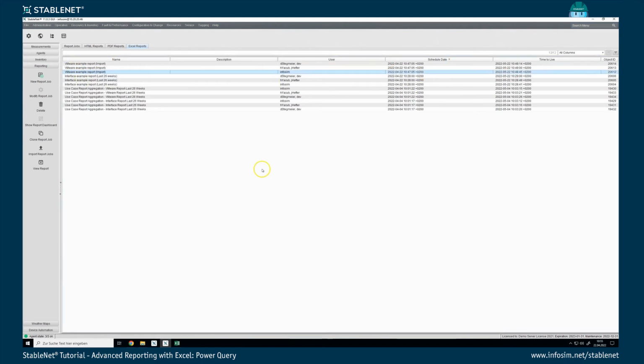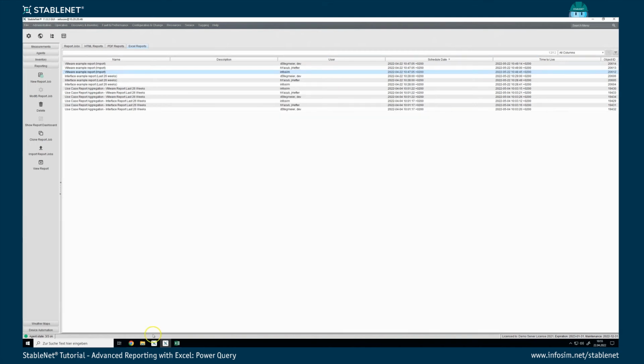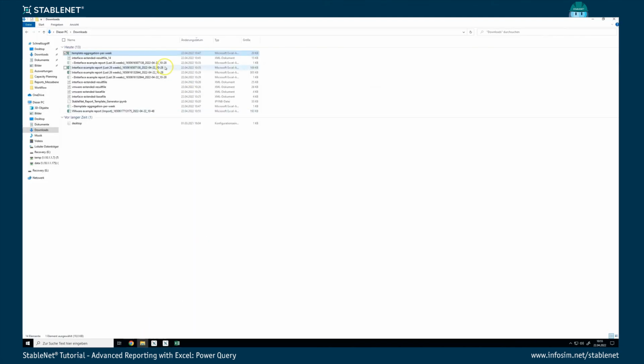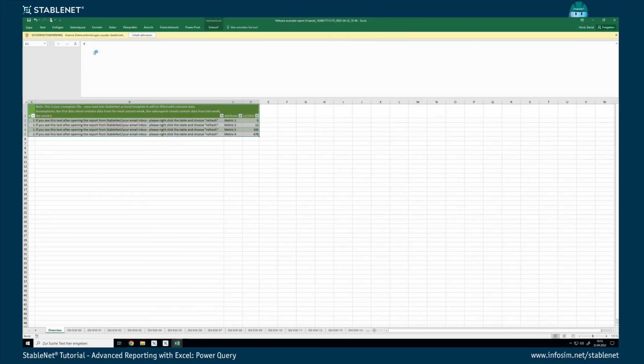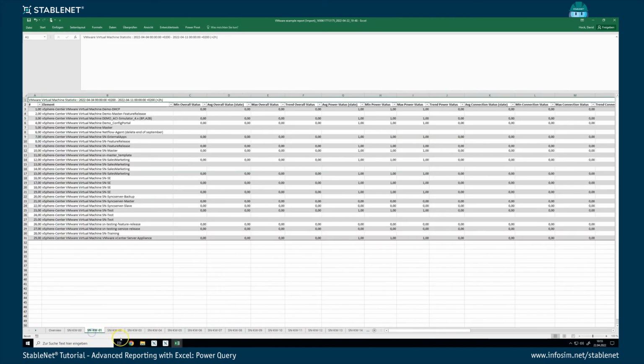So I'm saving this example to my file system. It has been using the same template, but it's not interface measurement in this case, but VMware. So this is saved now. Going to my downloads folder and here picking the VMware example that I just created. And I can see that if this is opening, I'm activating the contents, it contains all the raw data